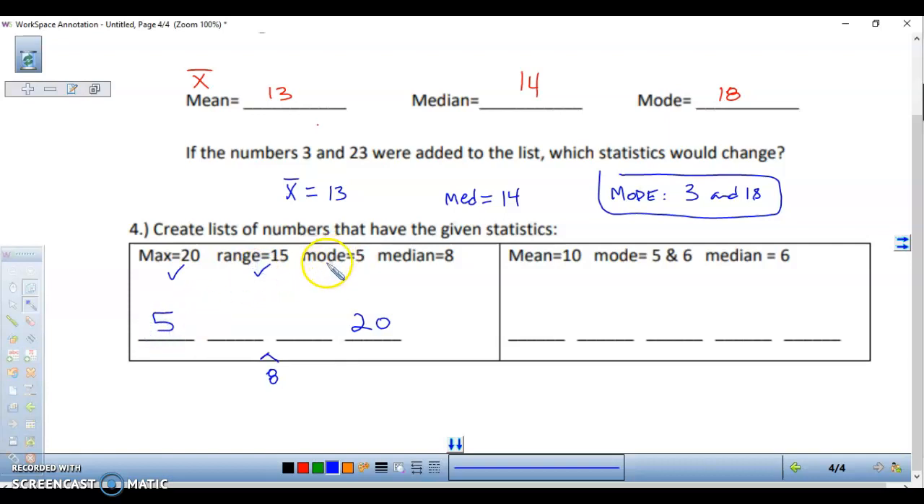The mode is 5, which means 5 has to occur more than the other values, so I can go ahead and put another 5 here. And then to figure this out, I know that these 2 middle terms need to average to 8. Well, 5 is 3 below 8, and 11 is 3 above it. So bam and bam. There we go. Those data values have all of these descriptive statistics. I'm out of time. We'll finish